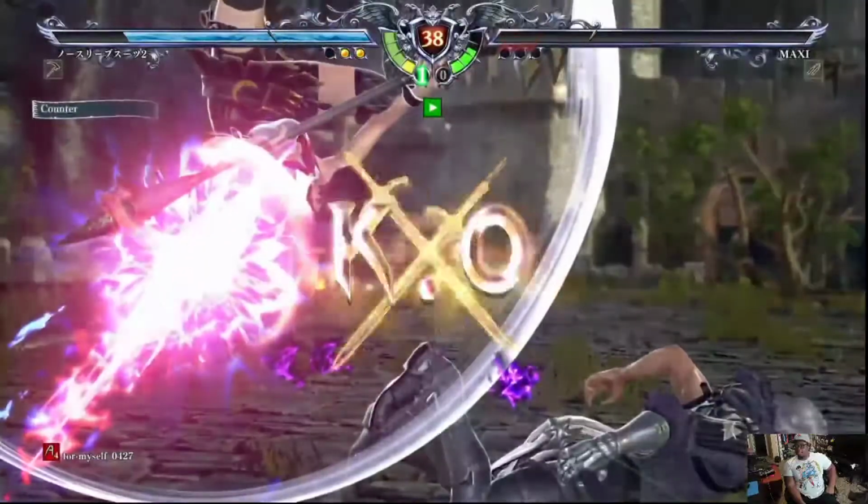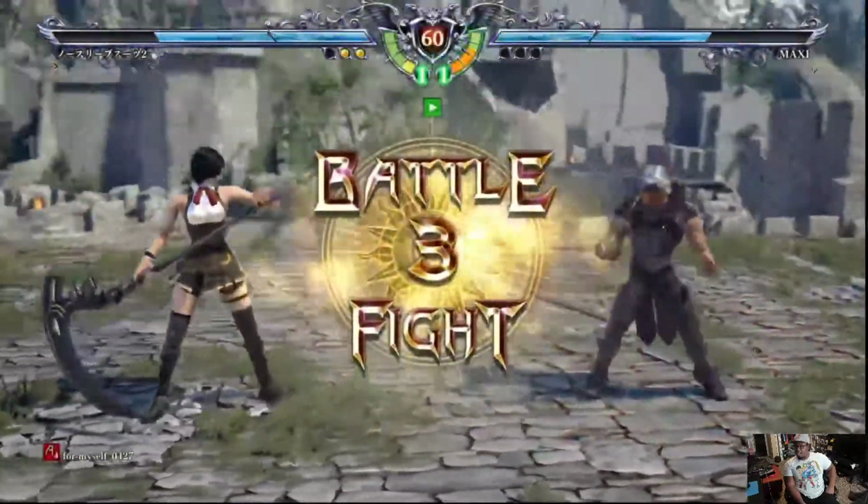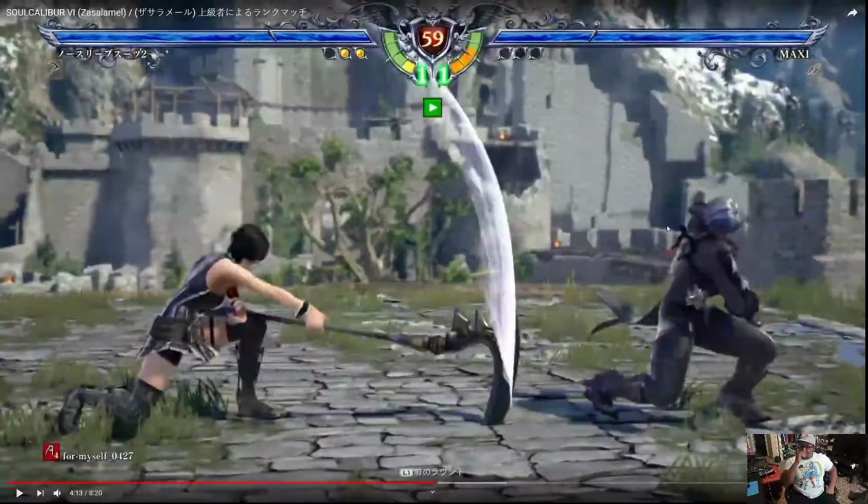Zasalamel's poke game is actually mad good if you can just space it correctly. Like, he's the king. I'd say along with Astaroth and Siegfried, he's just good. A lot of high tier characters. I'm not familiar with tier lists in SoulCalibur, but weapon wise, like long range weapon characters, Siegfried, Astaroth, who else? Hilda. I think Hilda's got the same problem that Zasalamel has. She doesn't have any close range moves that really control space, like Zhangguan, Sophitia, and a lot of